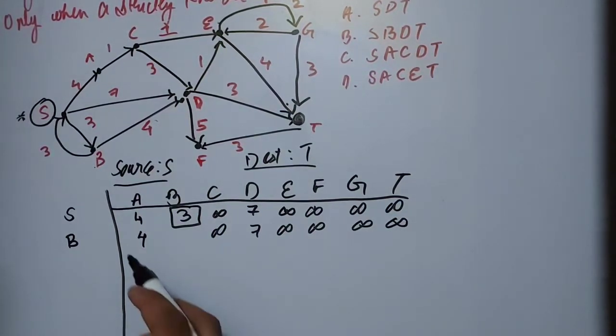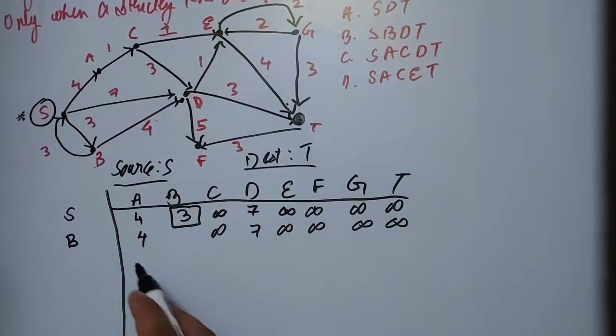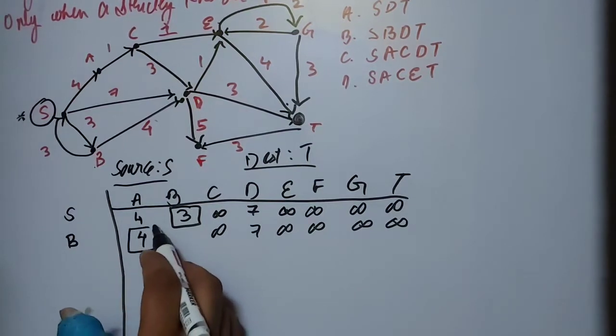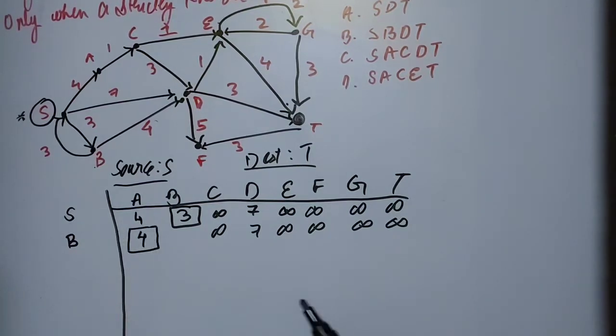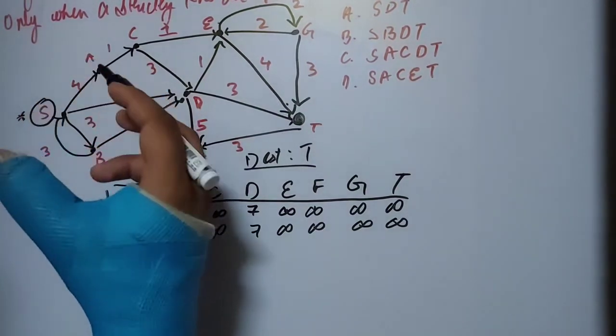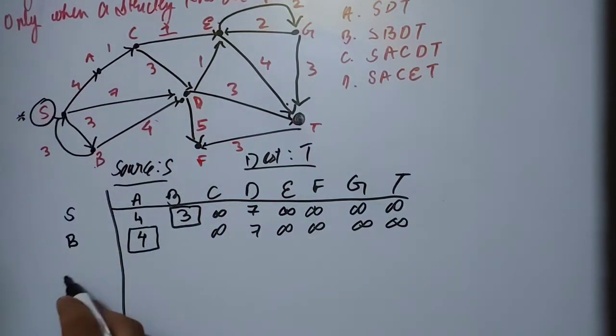Now we have discovered that from this row we could find that the minimum value is 4. As it is a greedy algorithm, it will choose the minimum shortest path at each iteration of the loop. So here it has chosen A. It has discovered that S to A is a path whose edge weight is 4. So now we will write here A.